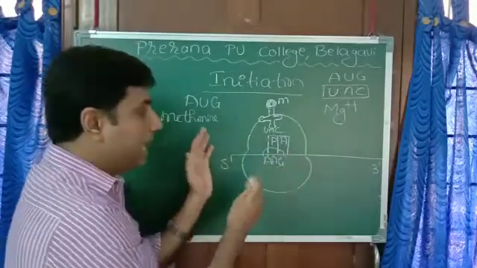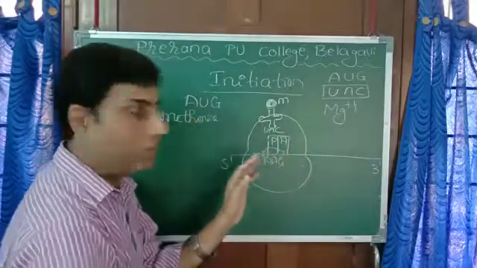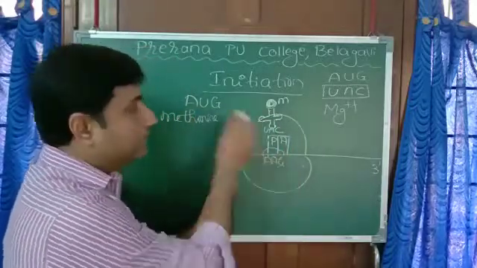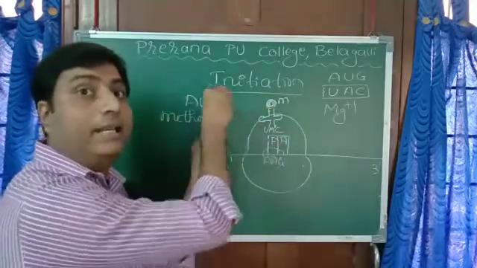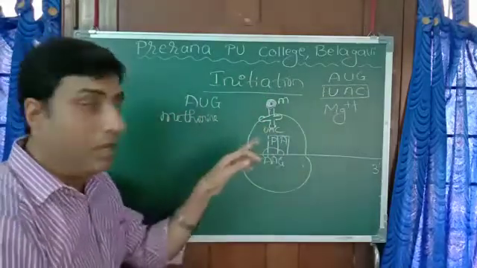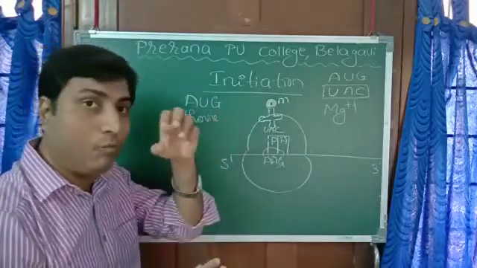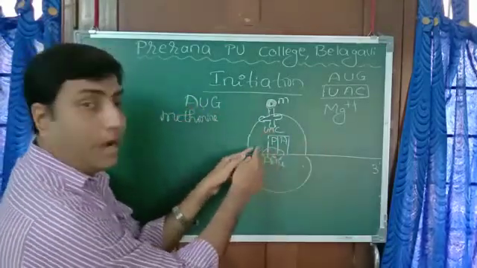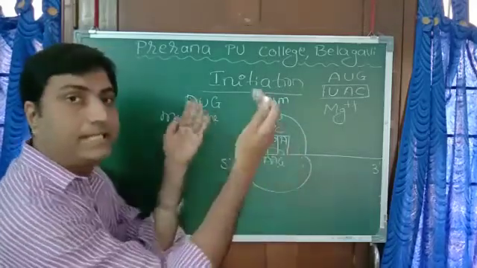Okay. So as it starts sliding one after the other to that respective triplet codon, the charged tRNA will come and join the required amino acid. Now the link also starts between the one amino acid and the next amino acid. As it moves, the amino acids present at the P site and A site start